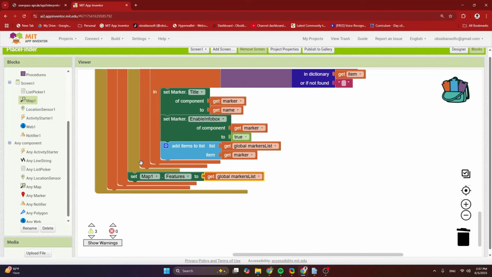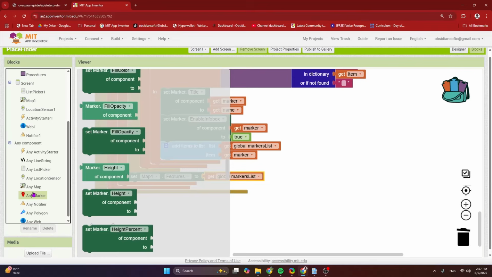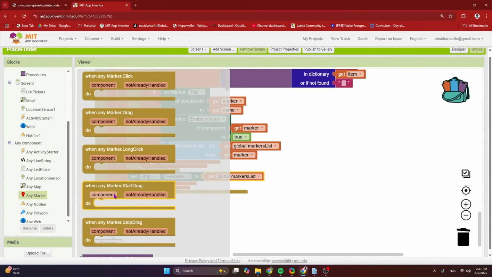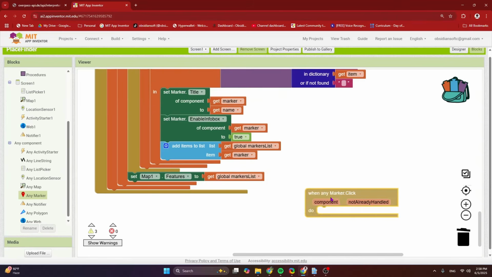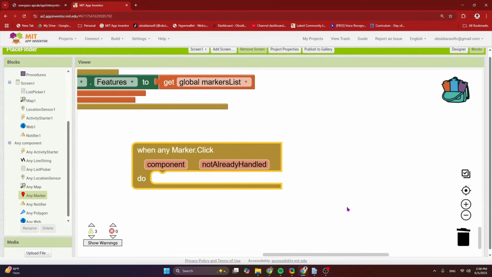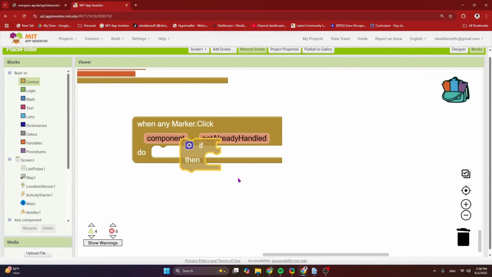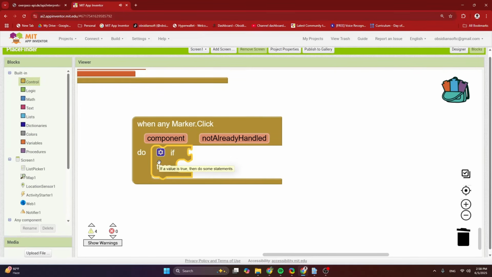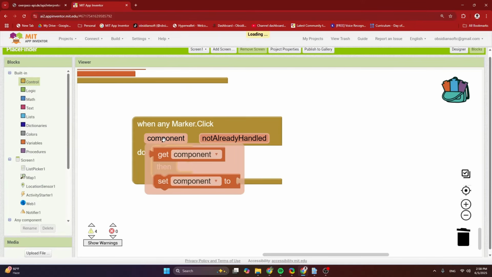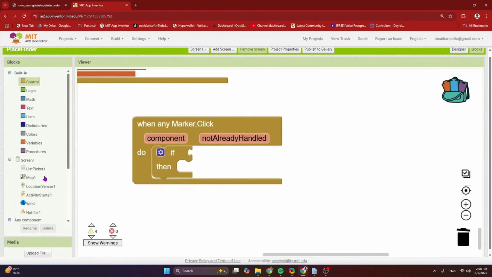Okay, so what happens when any marker is clicked? And here what am I going to do? I'm first of all going to check that this is not the home. So from control, get the if then block and check that the marker's title is not equal to home.